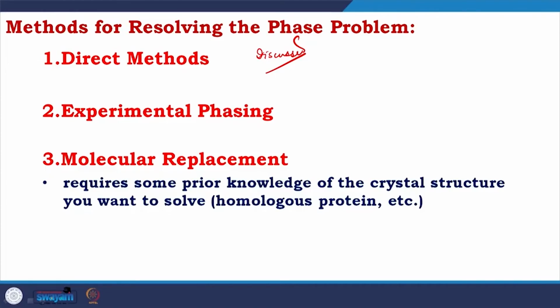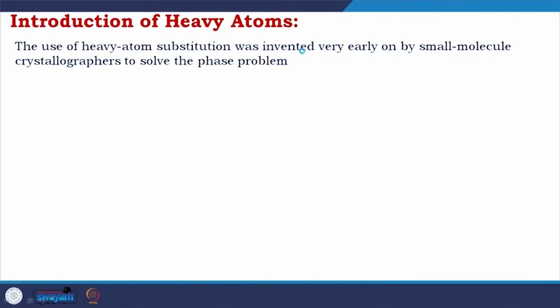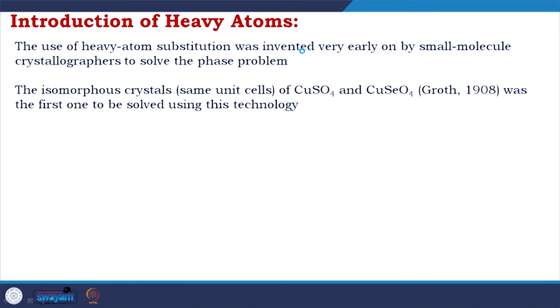But now we will go and discuss experimental phasing. Experimental phasing means, if you remember, I am constantly talking about it, you have carbon, nitrogen, oxygen in the crystal, you need some others, and the solution comes through the transition metals. The use of heavy atom substitution was invented very early on by small molecule crystallographers to solve the phase problem. The isomorphous crystals